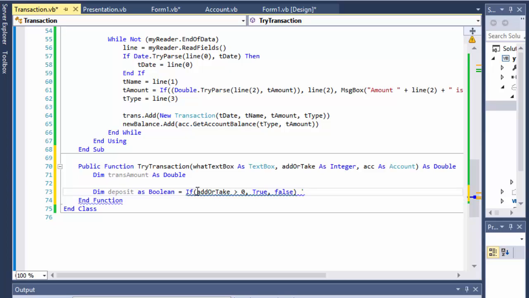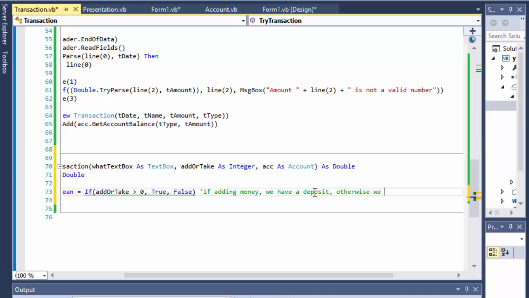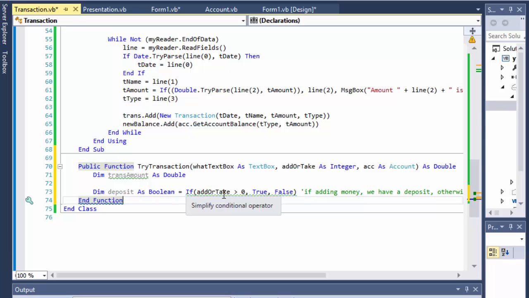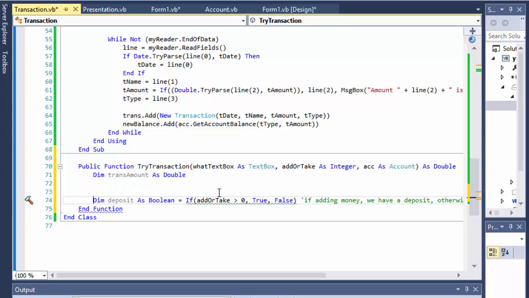So basically if adding money, we have a deposit, otherwise we have a withdrawal. Okay, so that's good. And the next thing we can do,